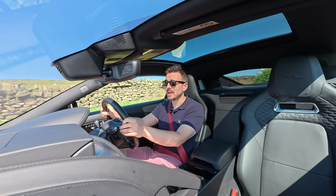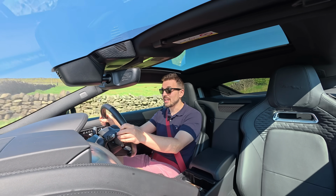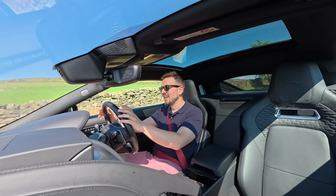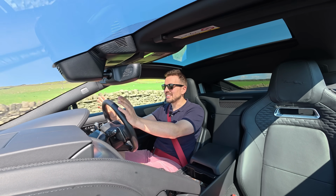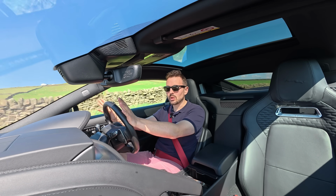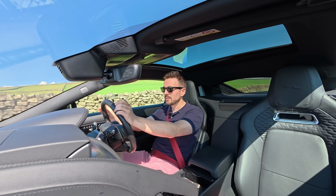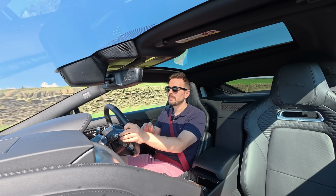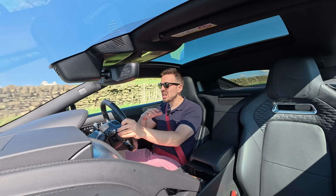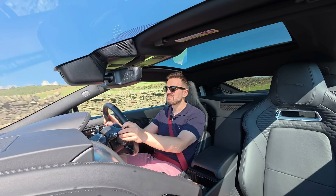By God, do they know how to make a car that looks awful initially and then turns into quite the handsome machine. I love this in every possible way. It sounds good, but it's not too obnoxious. It looks good. It's got the appeal where this is the sort of car you could park up outside your local block of flats down the council estate,